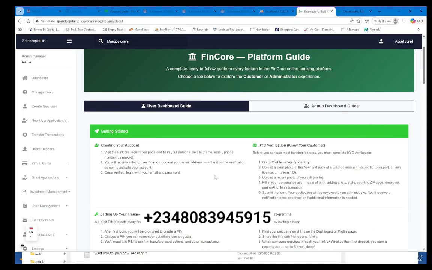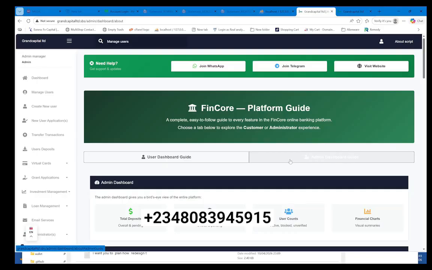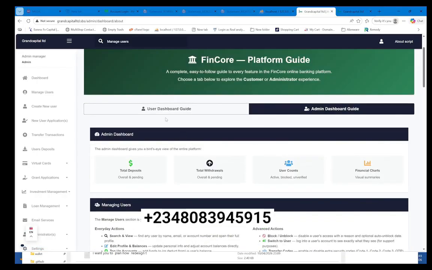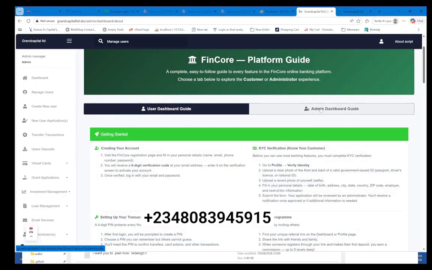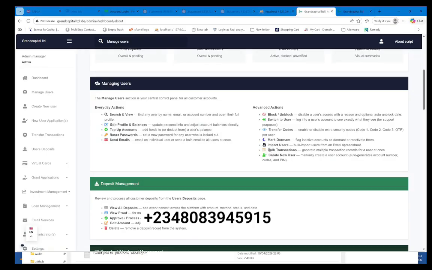We didn't add it. All right, so okay, admin guide is an admin guide. Sorry, this one is the user guide. When you click on this, you see the admin guide here. All right, so